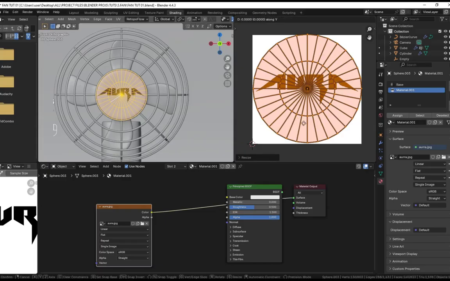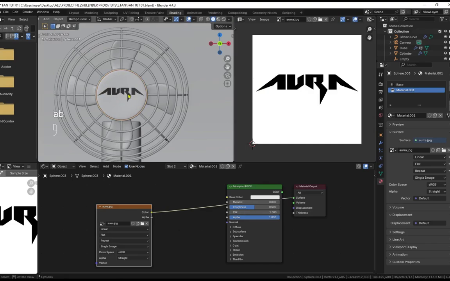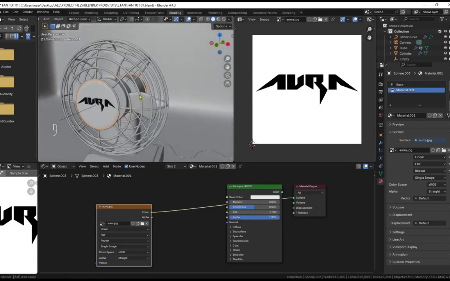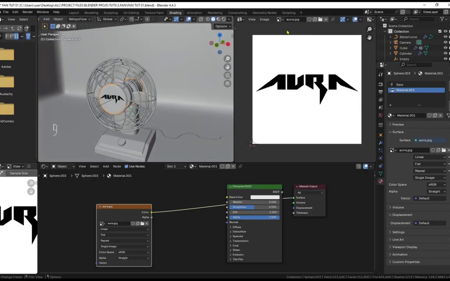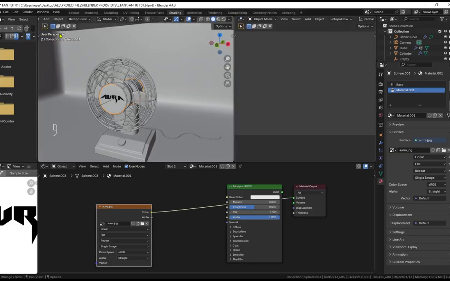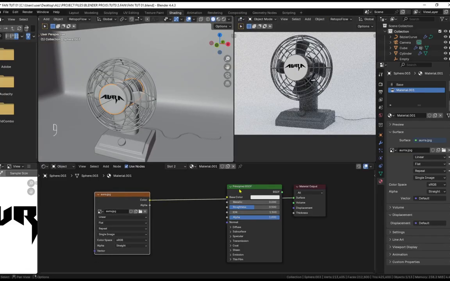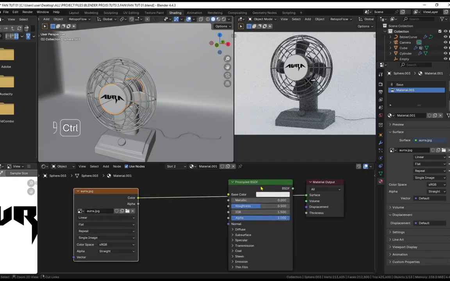Okay, so that's how you can add a logo or maybe a name. If you want to add a brand, you add it on the front. So that's how you can do that. So let's go back. Let's change this back to 3D viewport, and then let's come back to this principled shader, and